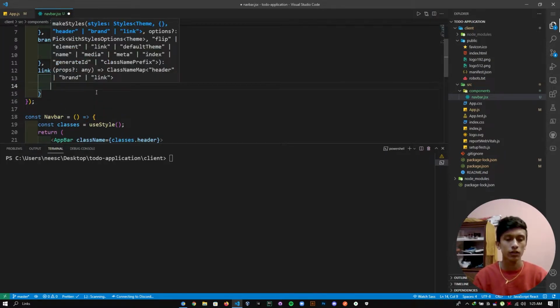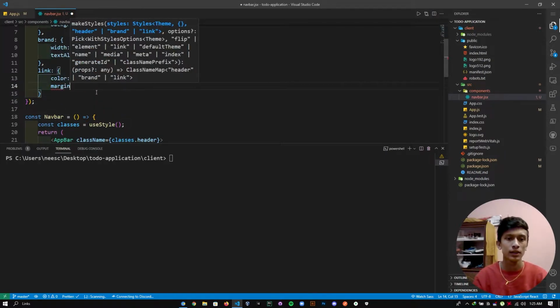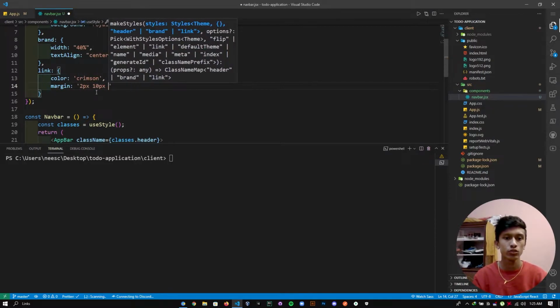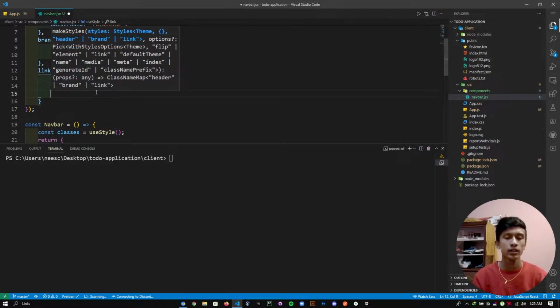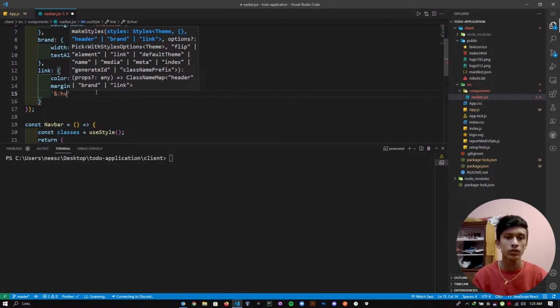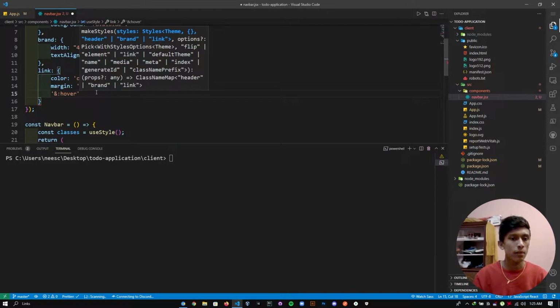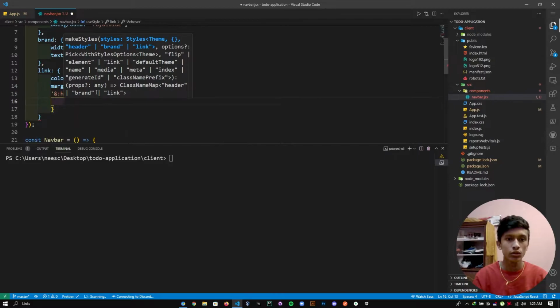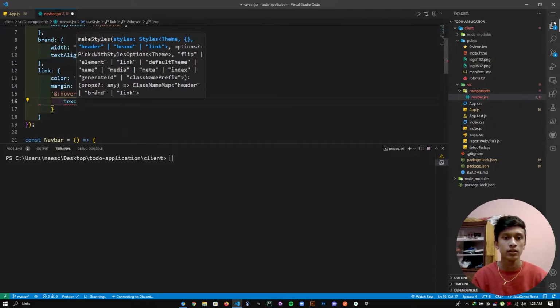I will make the color crimson, and the margin of top and bottom should be 2 pixels, but left and right should be 10 pixels. Okay, and then when it is hovered, how to use hover: you can do this with an ampersand and then the hover sign. So when you hover that, you will say text decoration